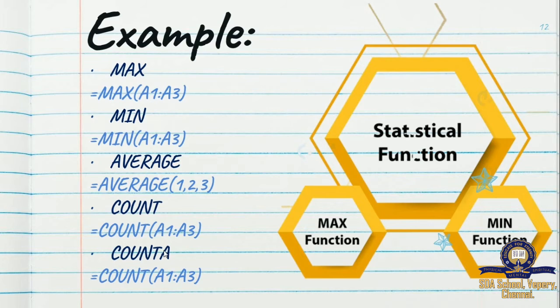And count. What is count? It counts the numbers alone from the cell range A1 to A3. It gives you only the count of numbers. And now count A. What is count A? Count A means count all. It counts all the values given in the cell address. For example, even your names, integers, numbers, anything you give in that cell will be counted, and it gives you the number.